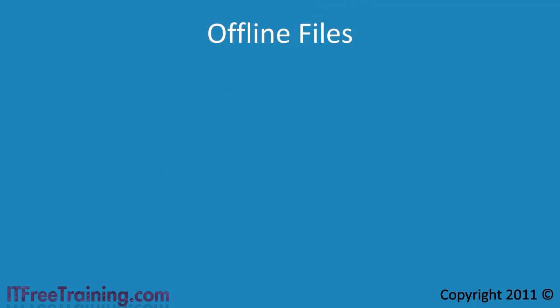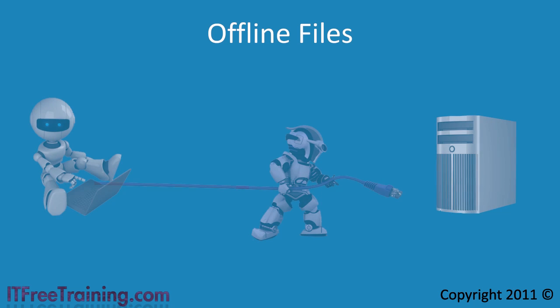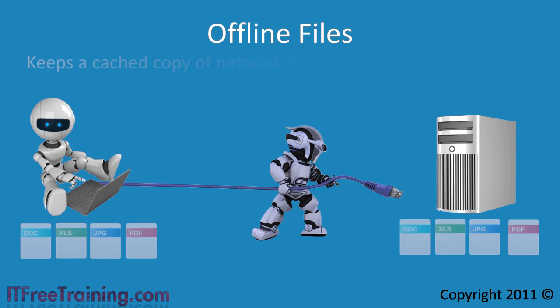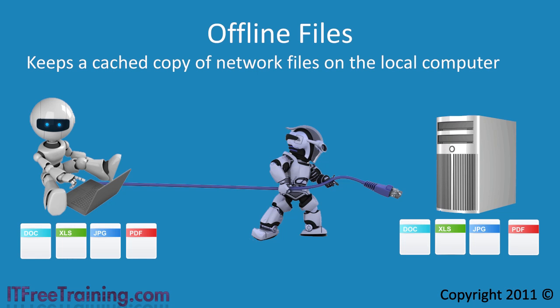In this video, I will look at offline files. Offline files have been in Windows since Windows XP. Since then, it has continued to improve. The basic functionality of offline files is to keep a cached copy of network files on the local computer. This either allows the user to access the files when the server is not available, or when the user chooses